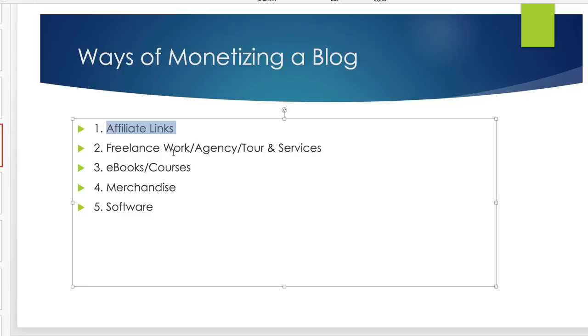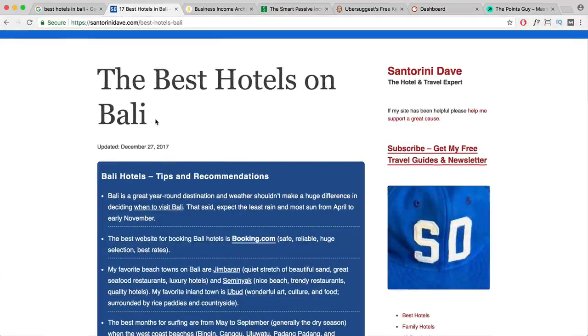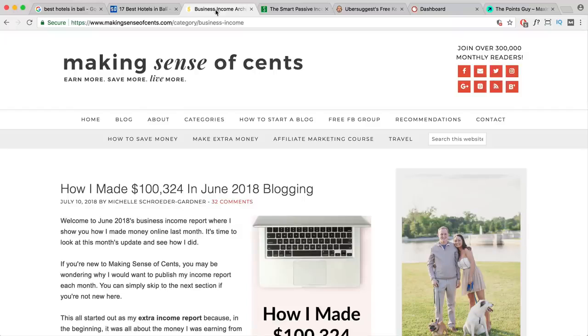As you build up an audience or traffic to your website, you can start providing freelance work, or you might have an agency, or you might have a tour or different services. You can promote that, and then you can create ebooks and courses. For example, if you start making money from your blog, then you can show people how to make money from their blog. Right, so for example,